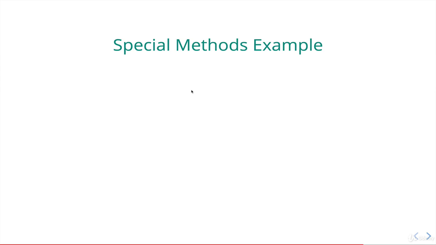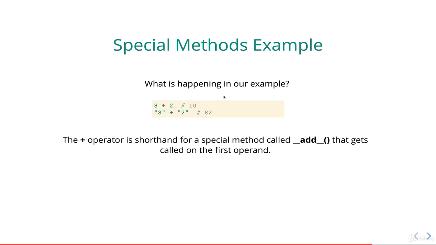And we're back now talking about special methods, also known as magic methods. These are things behind the scenes. They're all dunder methods, start with 2 underscores, end with 2 underscores, that work some magic in Python. So in this example, the plus sign, 8 plus 2 ints versus 8 plus 2 the strings. How is that working? How does Python know what to do?